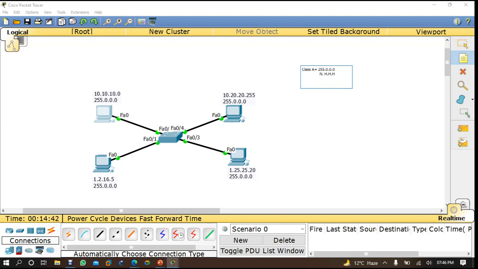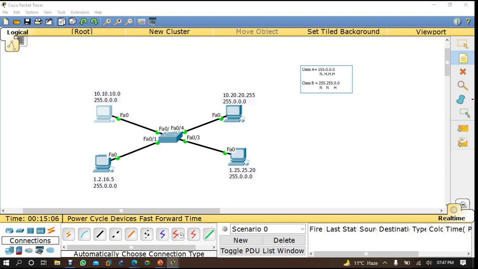Now we are talking about class B. Class B is 255.255.0.0. Here 255 means network. The first 255 and the second 255 are network, and then two host parts. So two host and two network.